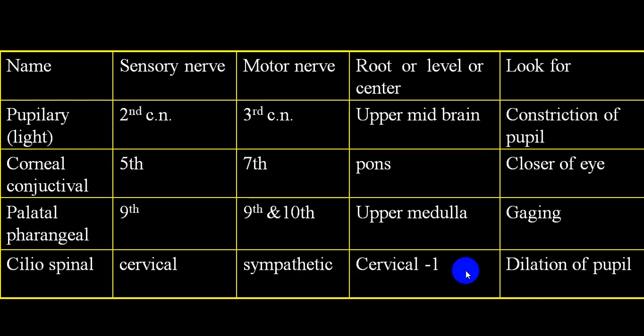So the center ideally is in the spinal cord, and from there the motor pathway is via the sympathetic fiber. Hence it is called ciliospinal reflex, because the sympathetic fiber is via the ciliary ganglia to dilator